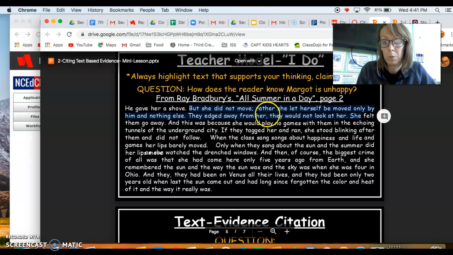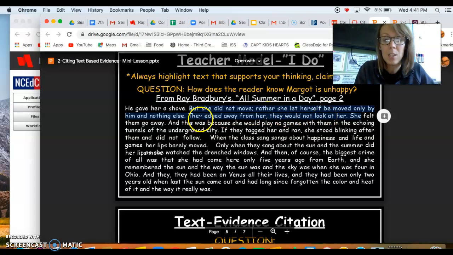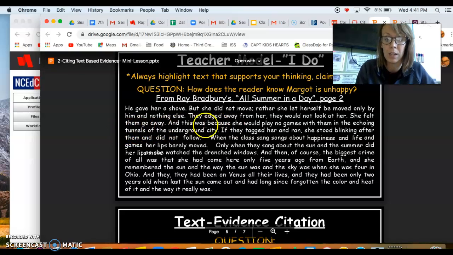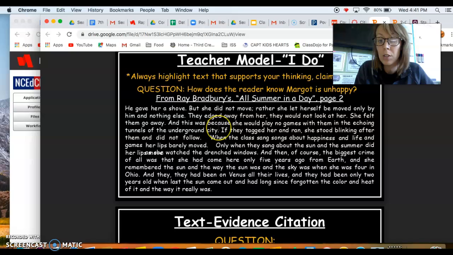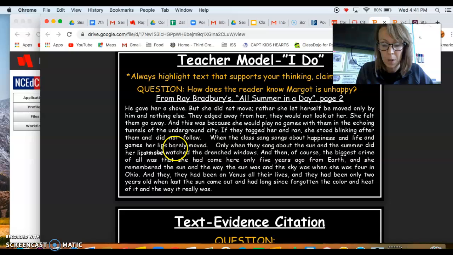They edged away from her. They would not look at her. She felt them go away. And this was because she would play no games with them in the echoing tunnels of the underground city. If they tagged her and ran, she stood, blinking after them and did not follow. When the class sang songs about happiness and life and games, her lips barely moved. Only when they sang about the sun and the summer did her lips